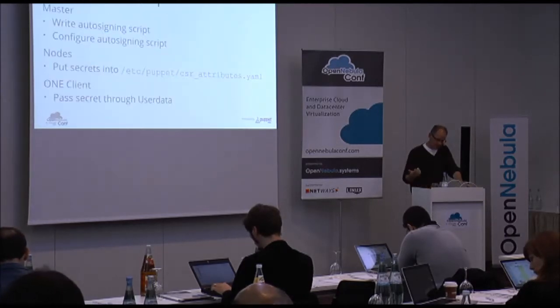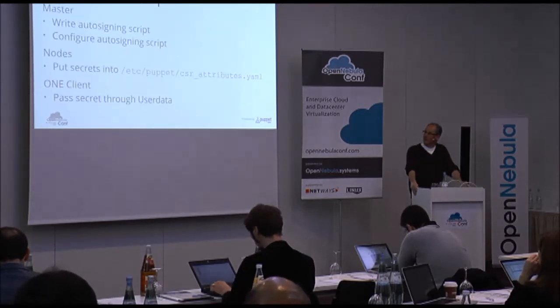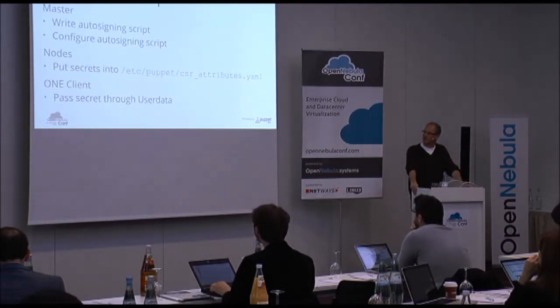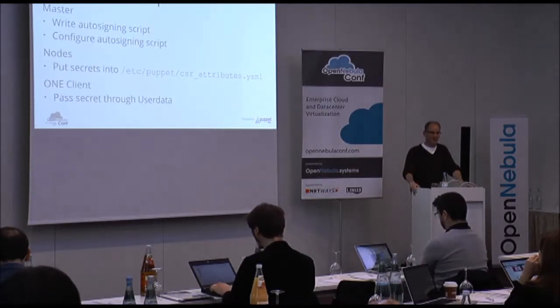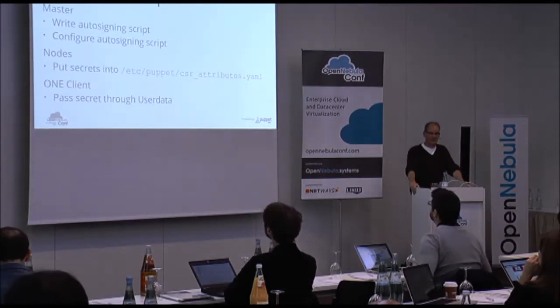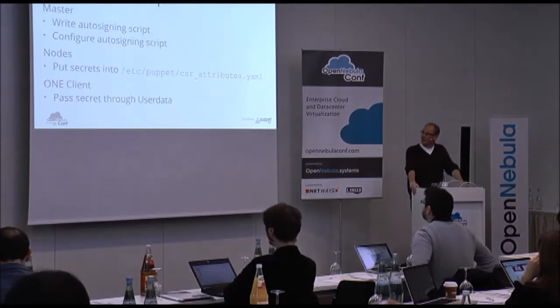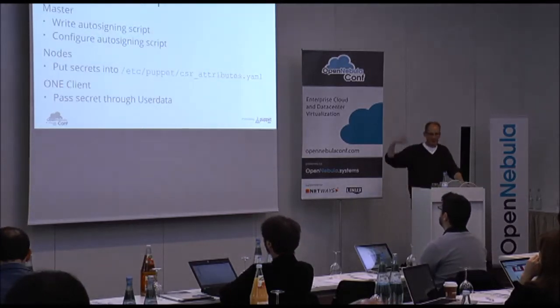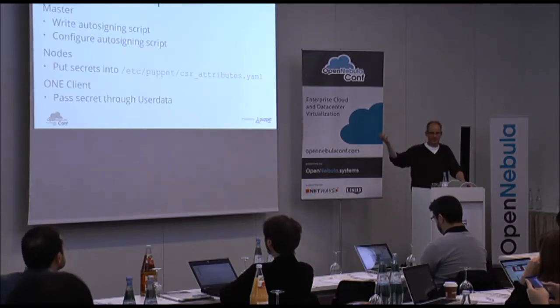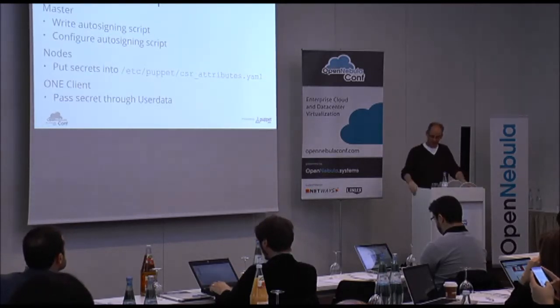So the way you set this up is that on the master you have to write this auto-signing script, and you point your master at that, so that when a new CSR shows up, it gets to check that. On the nodes, through like a little cloud init script or permanent instrumentation in your images, you arrange to pull the secret, the pre-shared key, out of the user data and dump it into a specific file. And then when the agent runs, it adds what it finds in that file into the CSR. And so with that, you have a fully automated way to have the server trust the specific node that you've created.